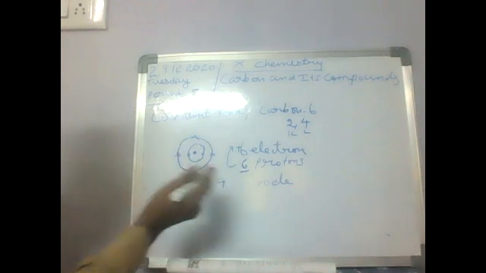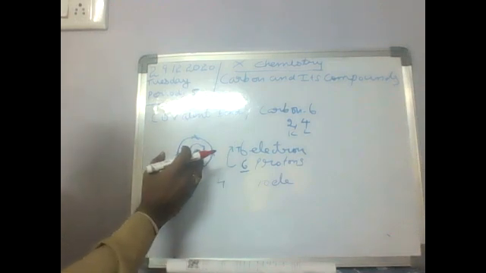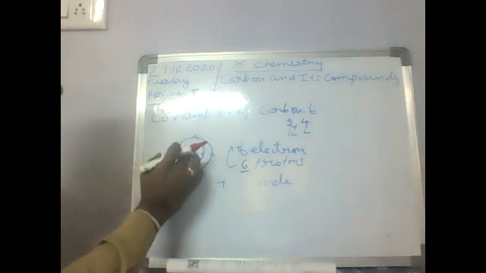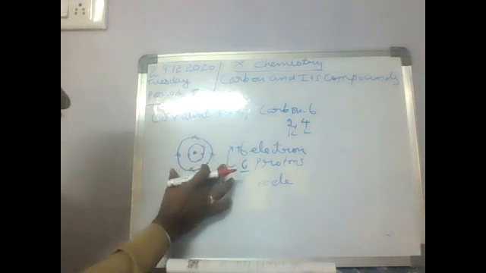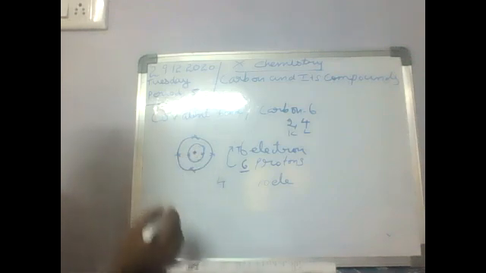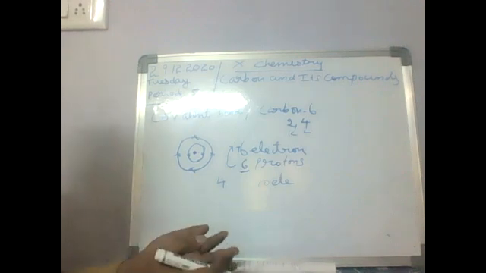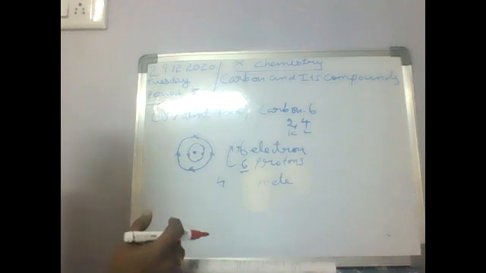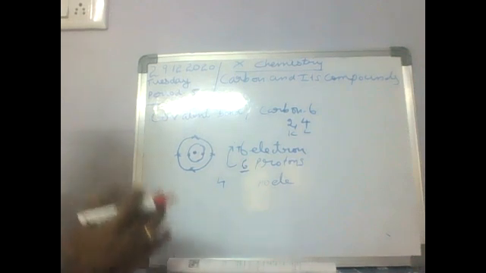So in both cases it is impossible. If we add electrons, the 6 protons cannot hold the 10 electrons. If we remove the 4 electrons, it requires a lot of energy, which is also impossible. So carbon says, I can't give anything and I can't get anything, so I will share with you. Like this, it undergoes sharing of electrons.